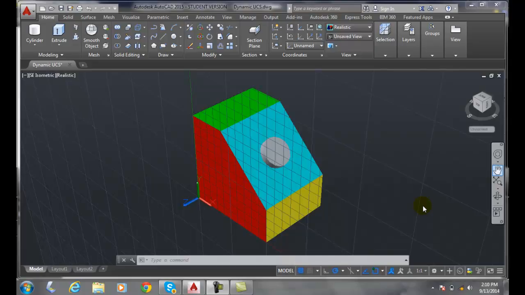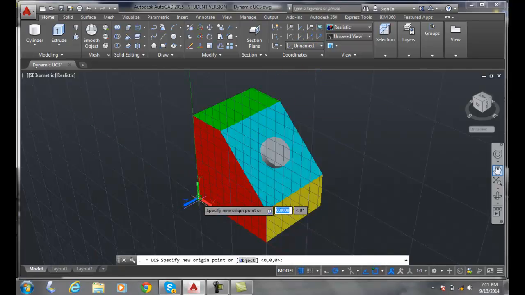Selecting a new z-axis. With the z-axis option of our UCS, we can now pick the origin point and then pick a point that's on the positive z-axis. And here we have this little base, and now we're going to move our UCS icon to this corner of this. So what we're going to do is go up into the coordinates and pick on Z. When I pick on the Z,